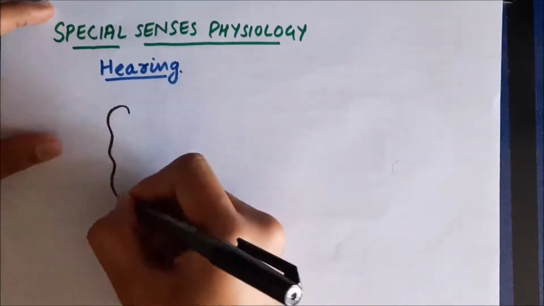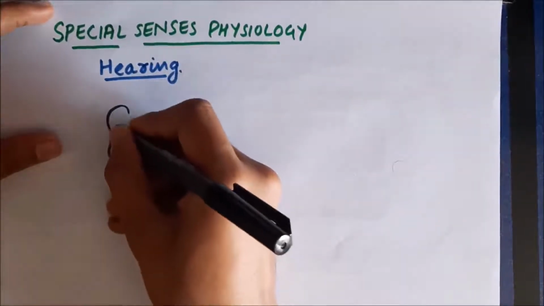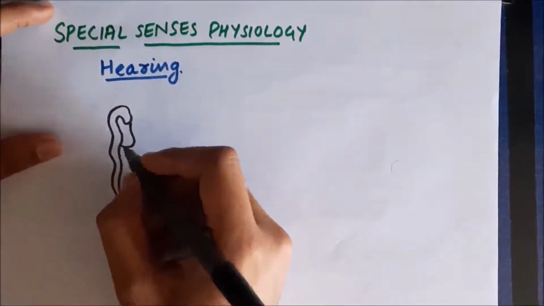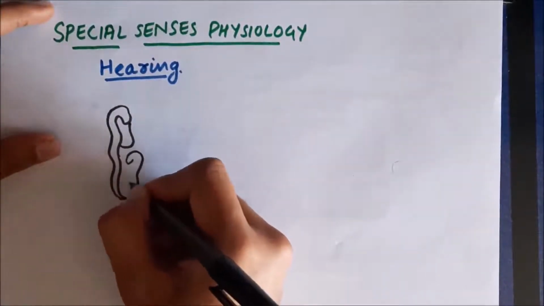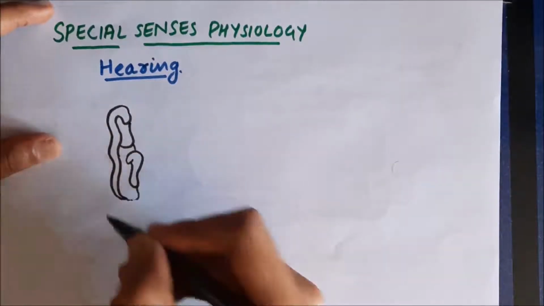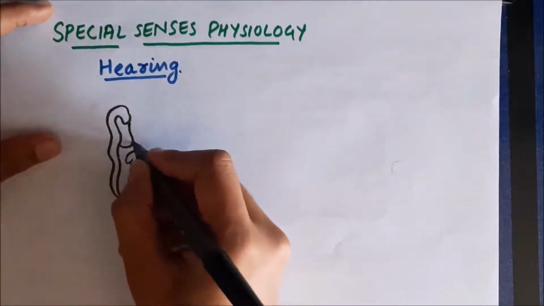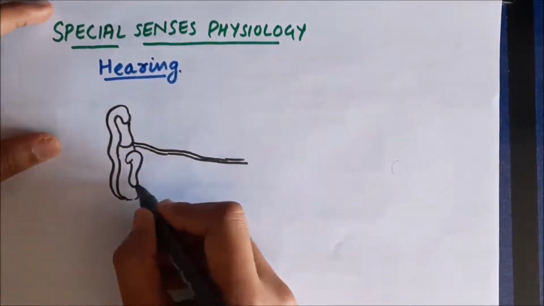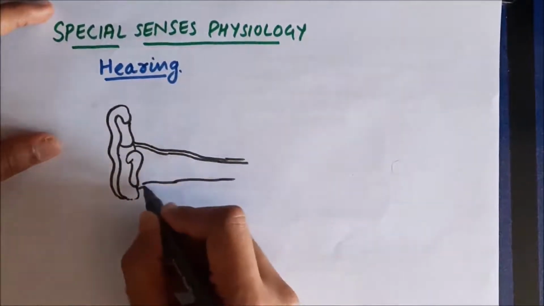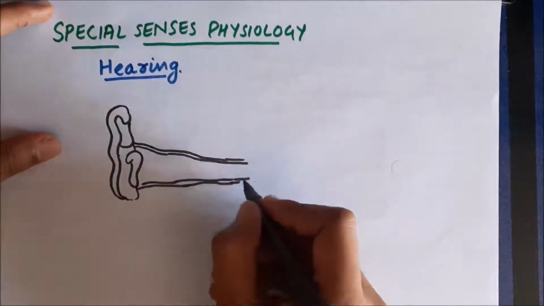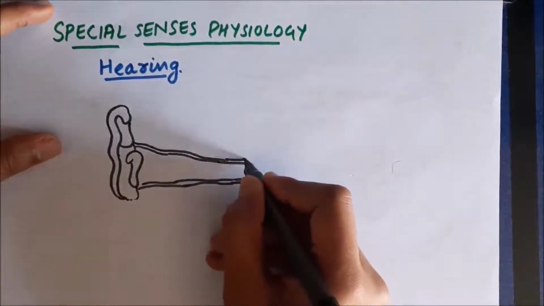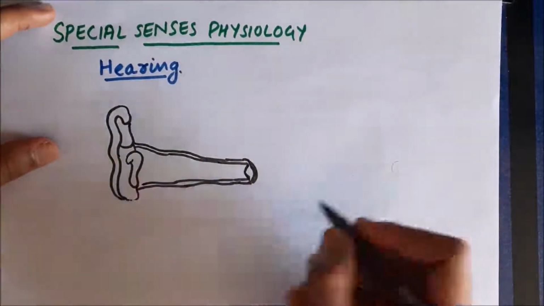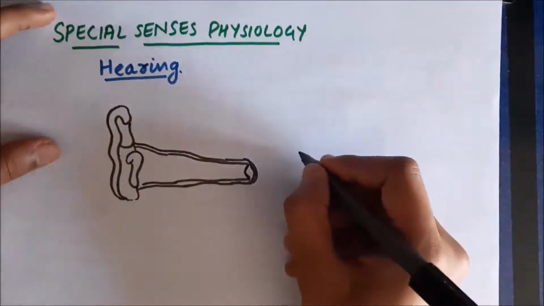So this is the structure of the external ear. The structure I am drawing is the pinna. So this is the external ear, and the function of the external ear is that the sound waves which come from various sources are received by the external ear. The external auditory canal is a part of the external ear, and it goes medially into the skull and extends till the tympanic membrane. So this convex structure here is the tympanic membrane.